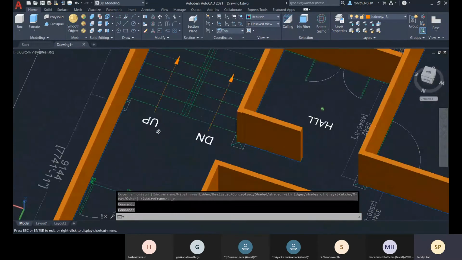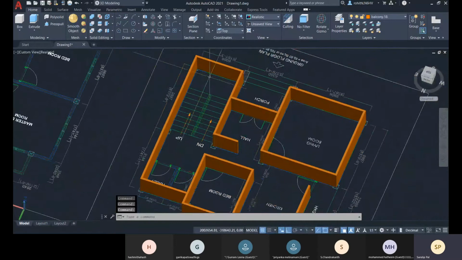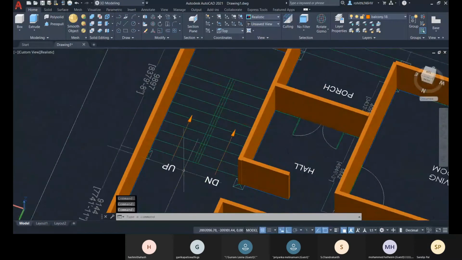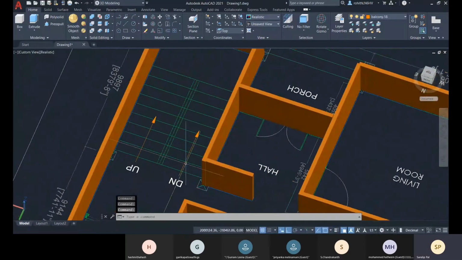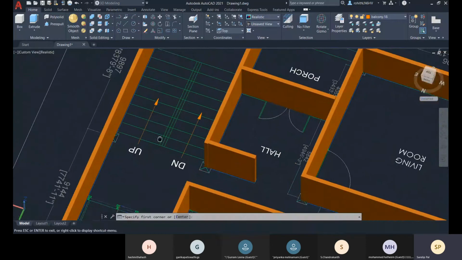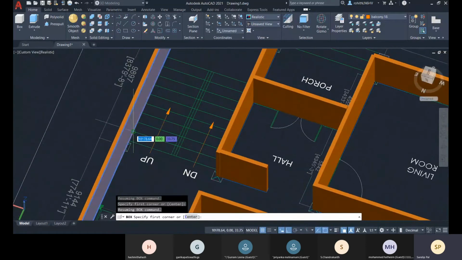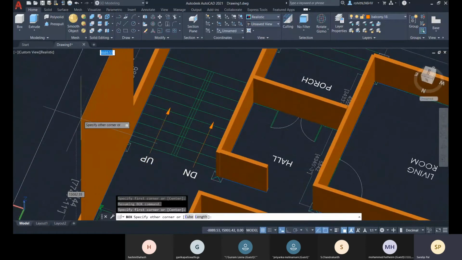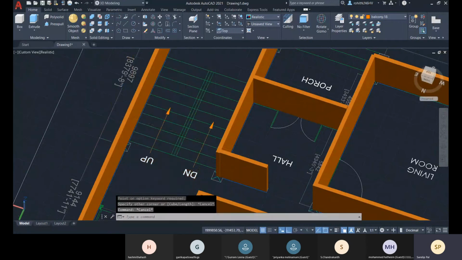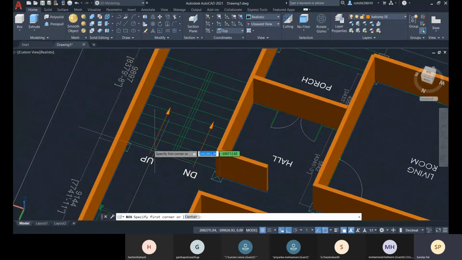Now let me show you how you can create the steps. So you can go for this box option from this. Dynamic UCS is off right now.